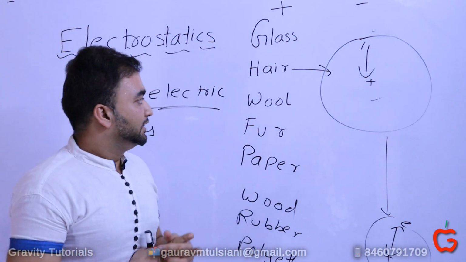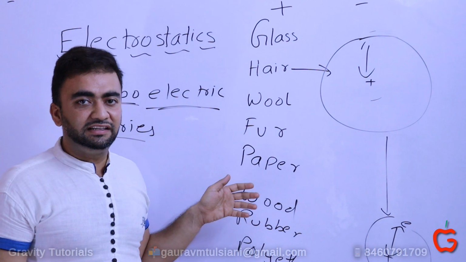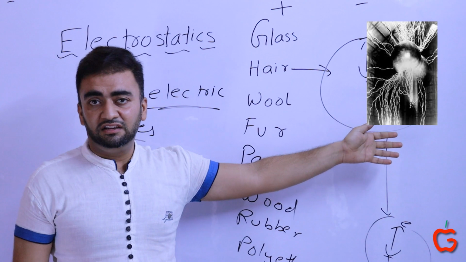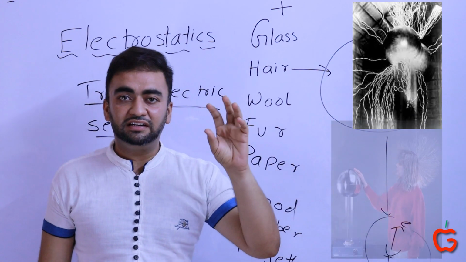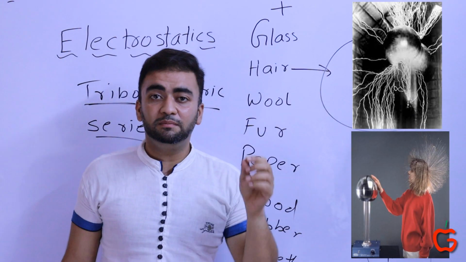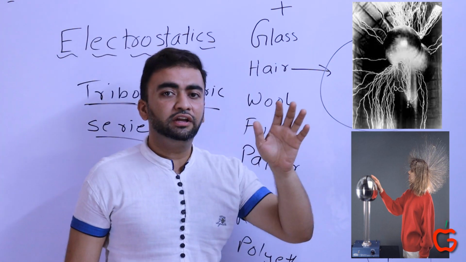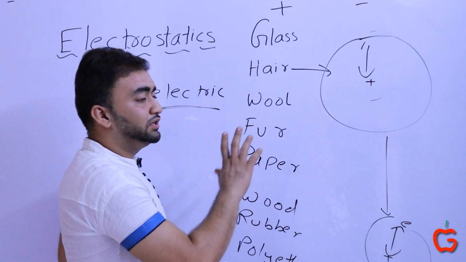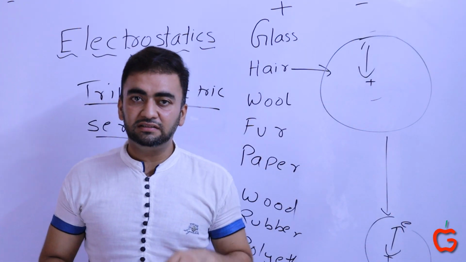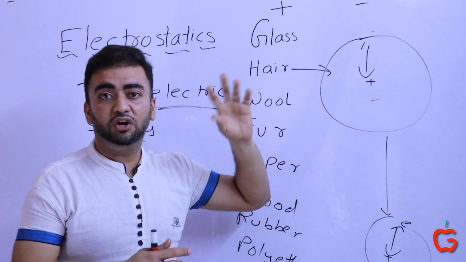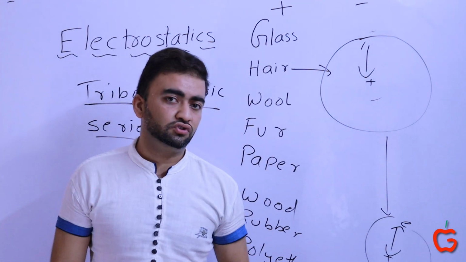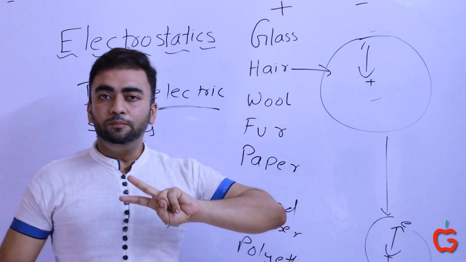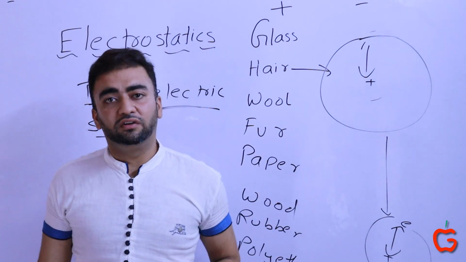Okay. So this triboelectric series has led to a lot of inventions. One such invention is the Van de Graaff generator. Van de Graaff generator has been used to study the basics of the universe. We are not going into details of Van de Graaff generator in this lecture. That is for another class. So yeah, this was the interpretation of the triboelectric series. Higher elements become positive because they don't bind their electrons so strongly when compared to lower elements, and lower elements become negative. Okay. Now we are going to the second topic, understanding charge more.